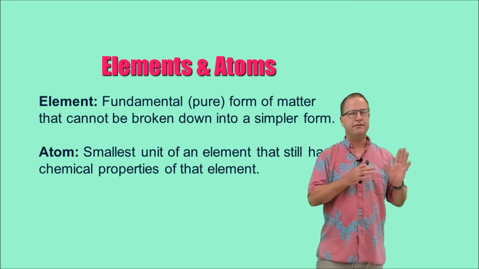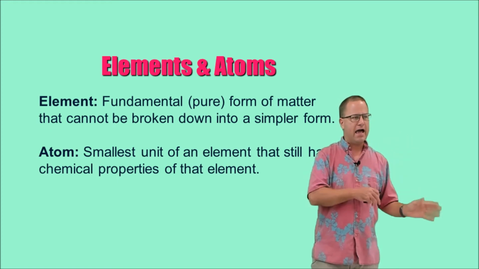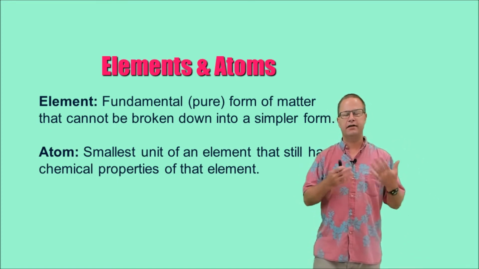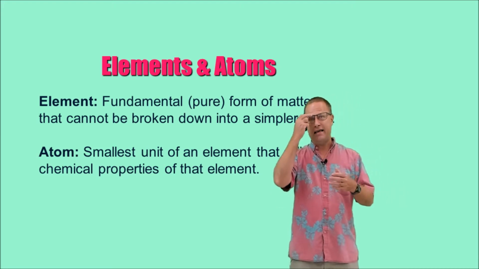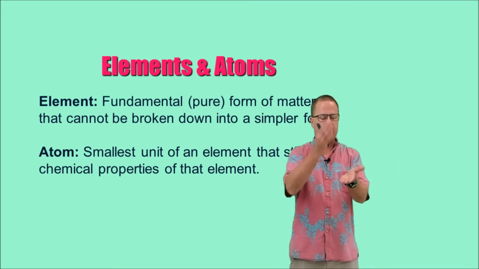An element is the fundamental pure form of a substance that cannot be broken down into simpler forms by ordinary means. And an atom is the smallest unit of an element that still retains the physical and chemical properties of that element. Again, the example I gave last time is imagine taking a bar of gold and cutting it down